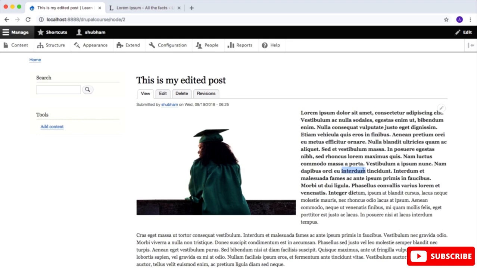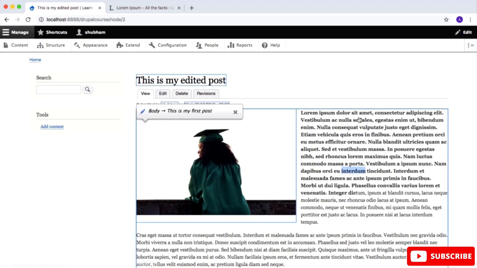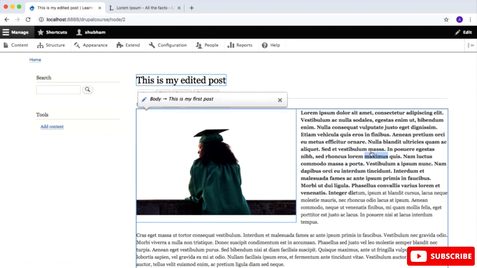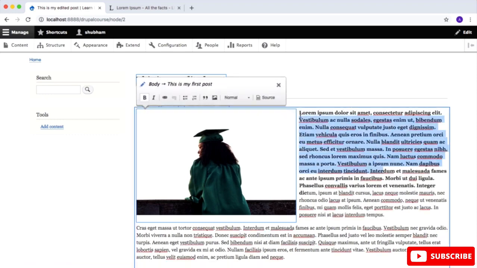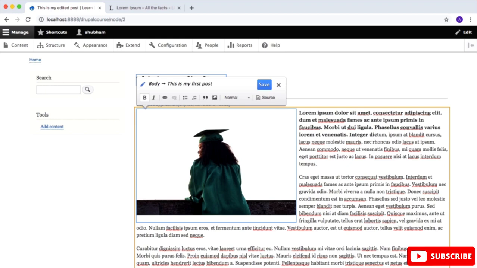If you want to delete some text from here, then you can click on that pencil icon and then you can click on quick edit, and it will again open that box and you can edit anything right here. And you can see that I have deleted some content, and I can also add some content right here. So I will say this is my edited text like so, and then I will click on save to save it.